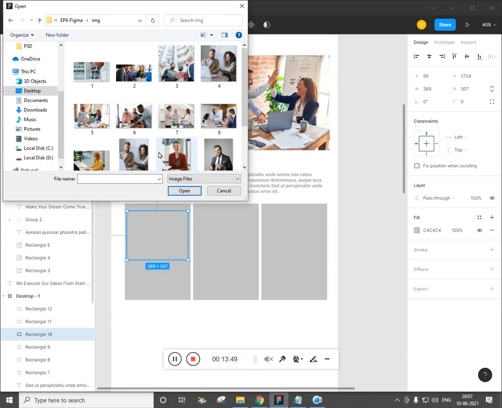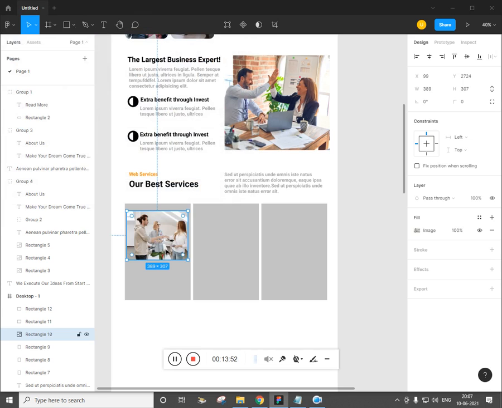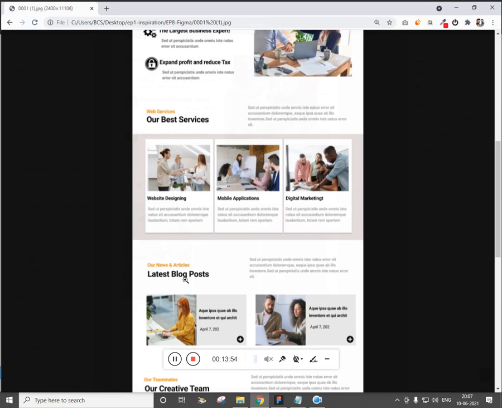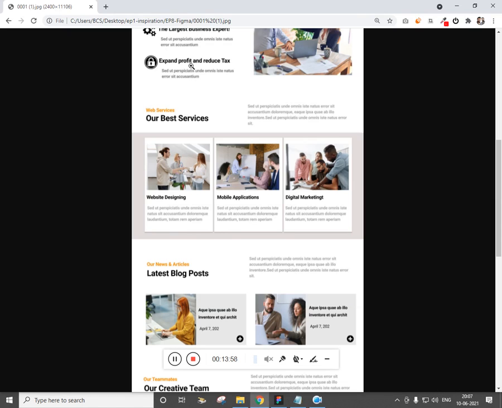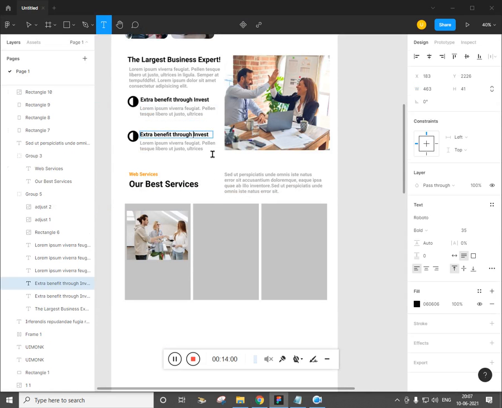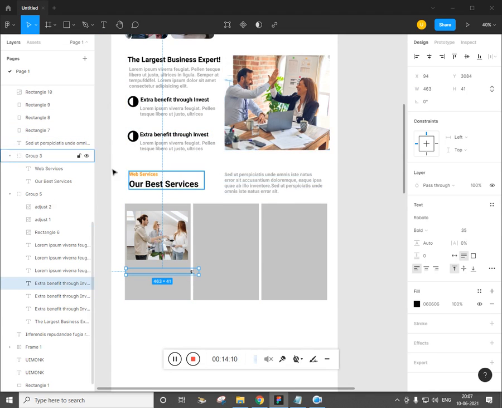We need this guy, paste it, cool. Now type T, or you can just drag the top portion, select this, press V for move tool, control click, alt drag, and make this at the top.